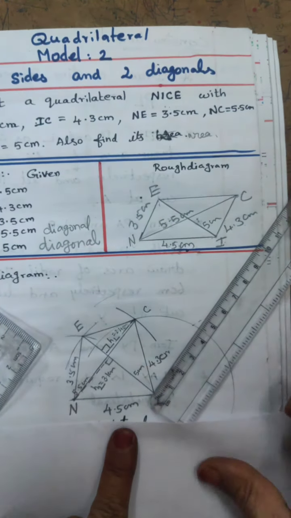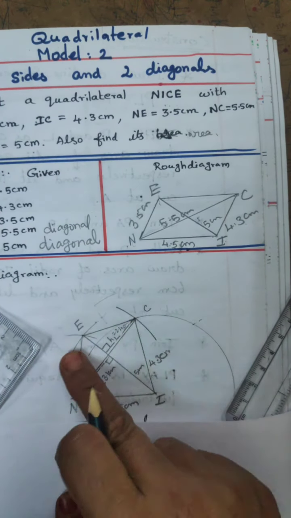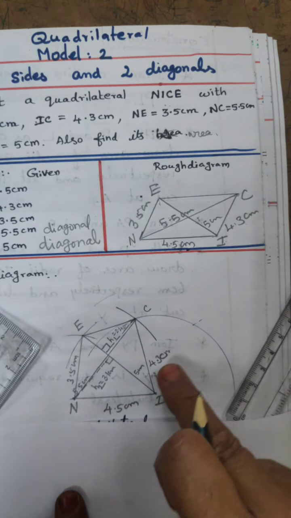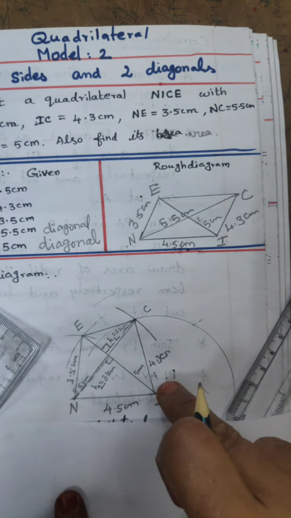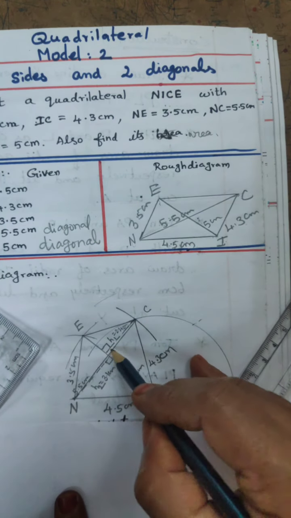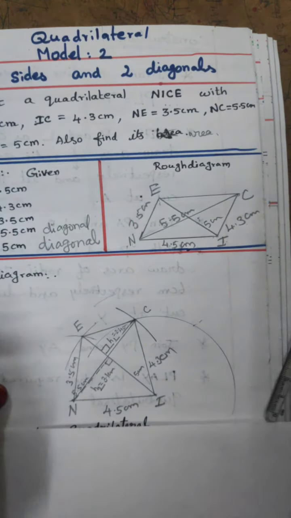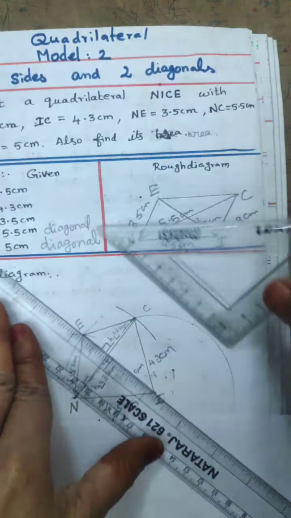Now check whether all the work is complete or not. Also write using the compass and cut the arc, centimeter, centimeter, centimeter. Write the measured lengths and put in the units also. Next work, keep the scale on this side, the E and I line only, and keep the set square.